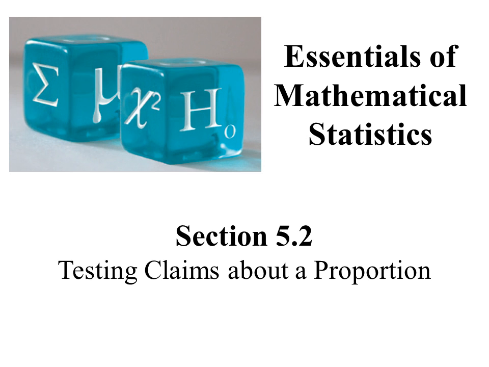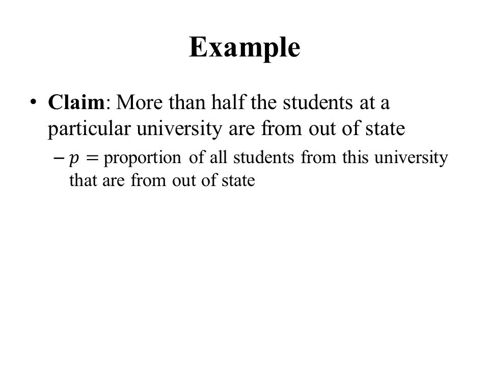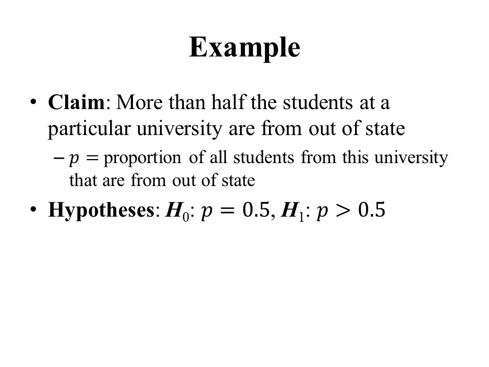using the p-value method. To illustrate this, we're going to look at the claim that we saw back in section 5.1, that more than half the students at a particular university are from out of state. The parameter of interest is p, the proportion of all students from this university that are from out of state. So the hypotheses are the null that p equals 0.5,